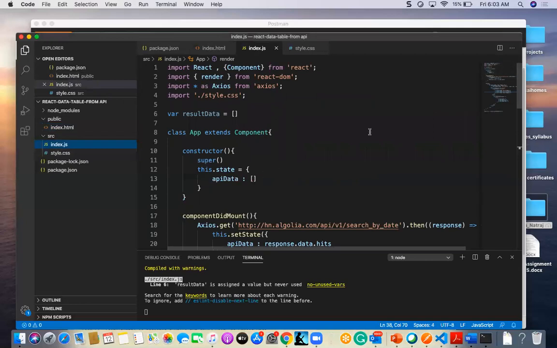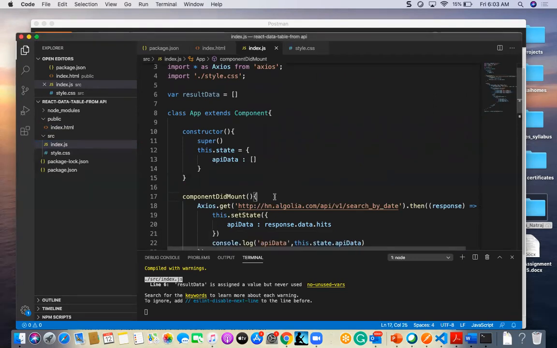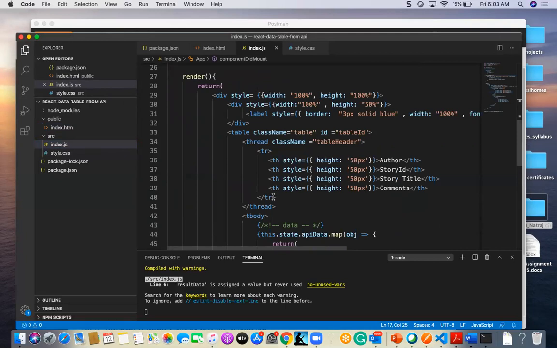I think it is a problem here, where I am going to mention the first div style, div and width 100%, and also height 50, and a border, height 100.